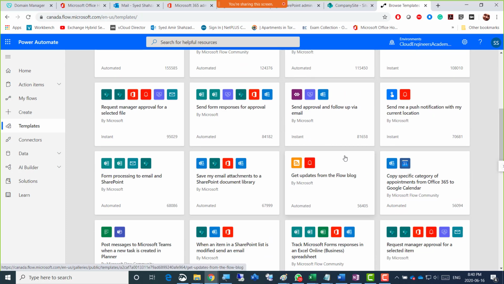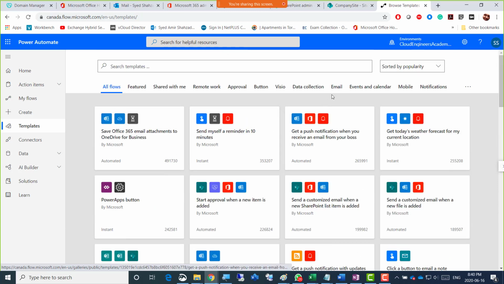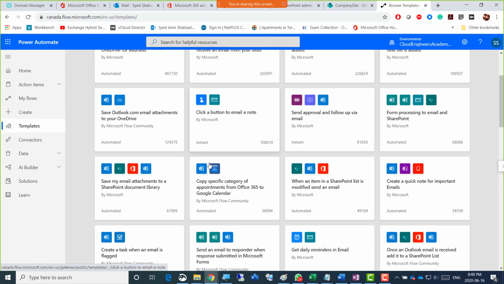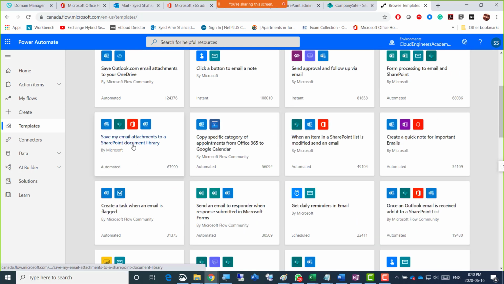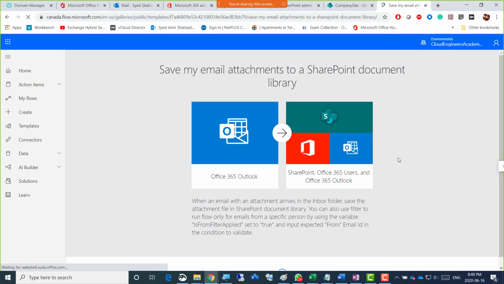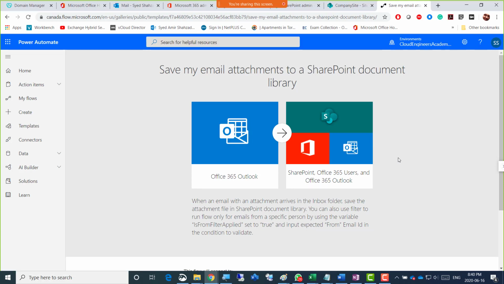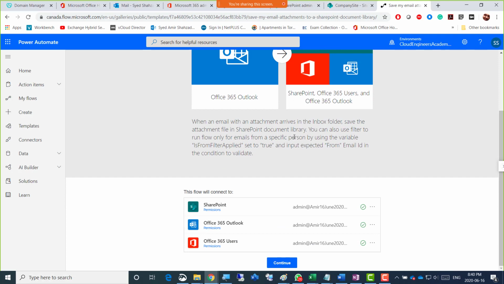Definitely, I'll have to dig down if there are 5 applications. So we have to then figure out what exactly to do with that. So it was this email and then this document library, save my attachment to that. So anyway, if I were you, I would just go ahead and try to go deep down into this.